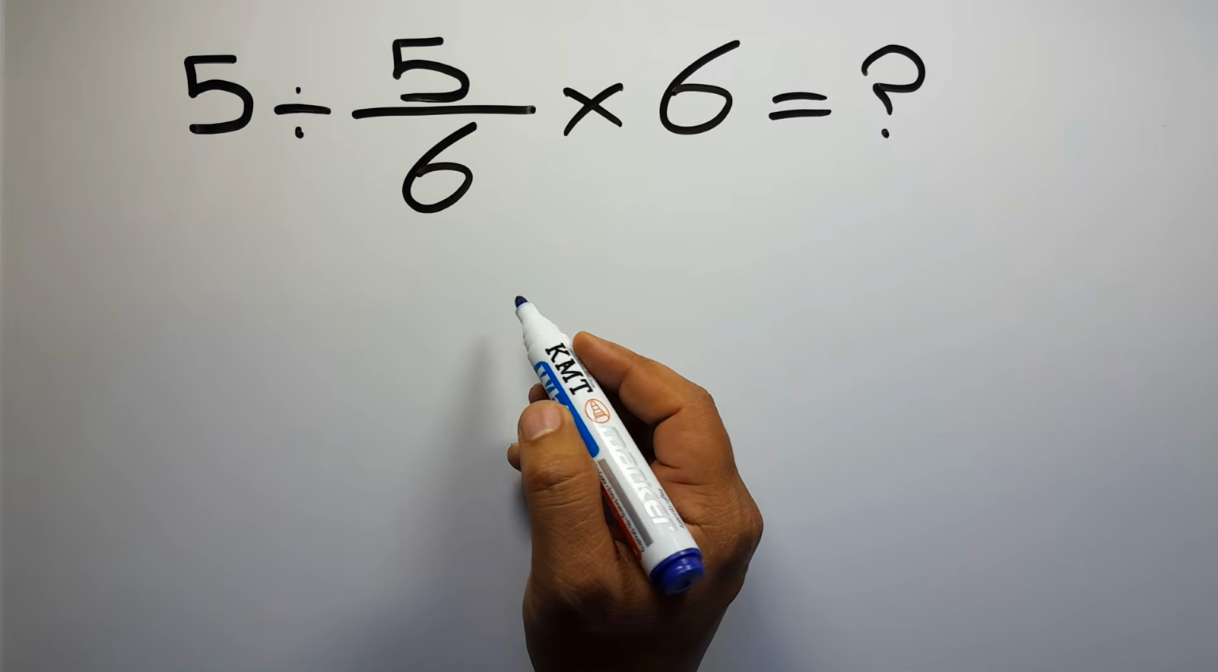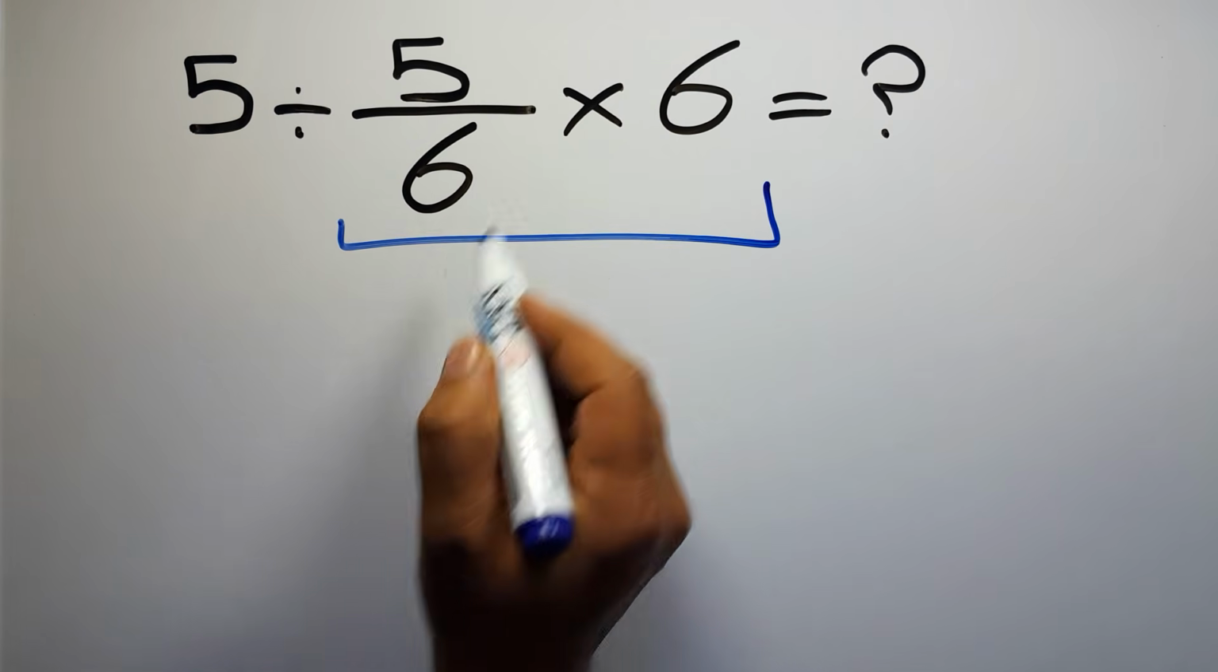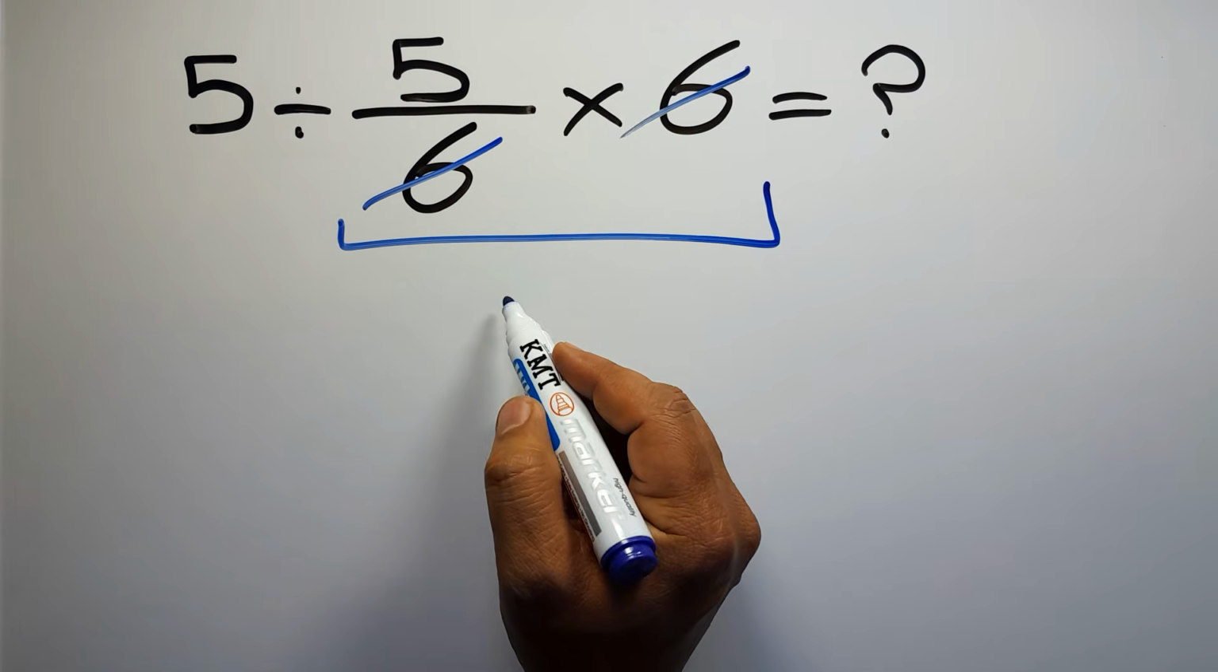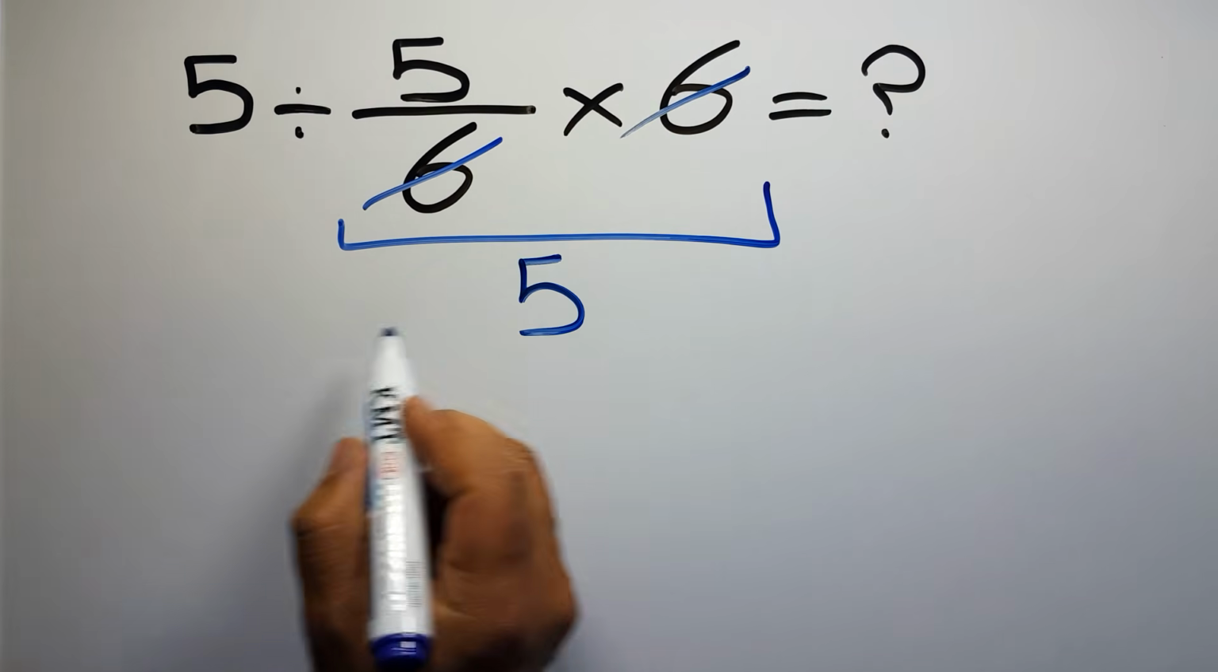First, we do this multiplication. 5 over 6 times 6. We can easily cancel this 6 and this 6. So here we have just 5. And 5 divided by 5